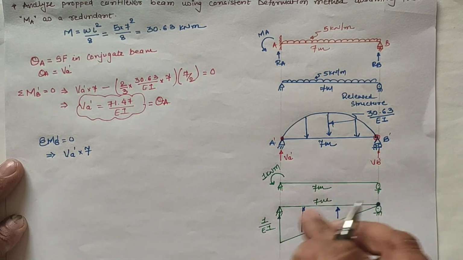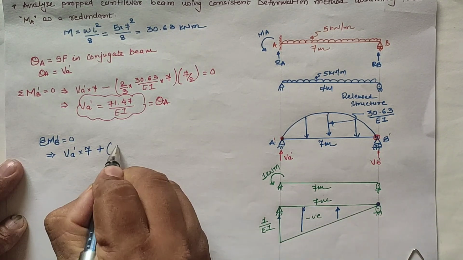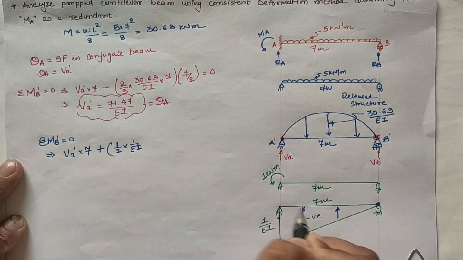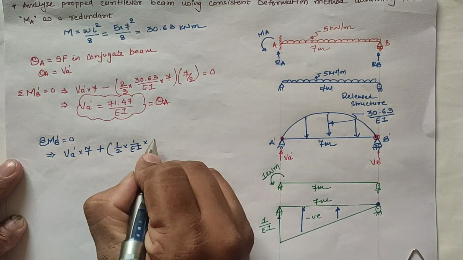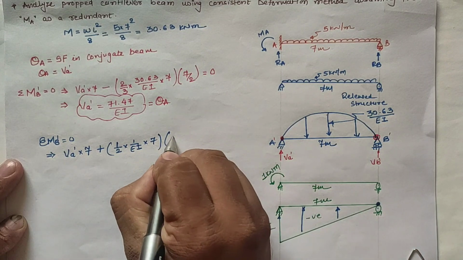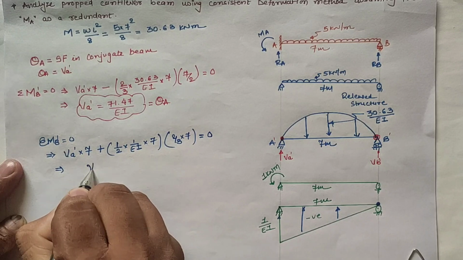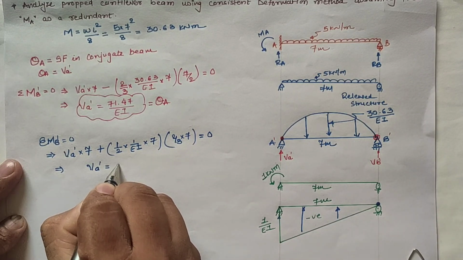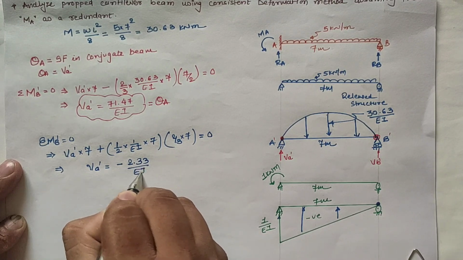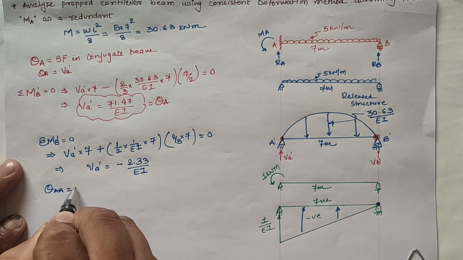The loading creates a clockwise moment at location B, hence plus the total load, which is 1/2 into the loading of 1 by EI into the total distance of 7, and from location B the CG distance is at 2/3 of 7, which must be equal to 0. It means our VA dash value is minus 2.33 by EI, and theta AA is equal to